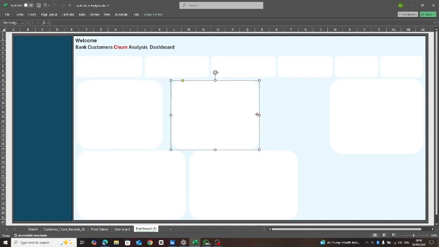Okay, the first one I created, what I did is I duplicated the sheet. Okay, so this is my next sheet, and now I'm creating the wireframe for my second analysis, okay? And this second dashboard rather has 8 analyses. So that's why I am adjusting my shapes again, okay?